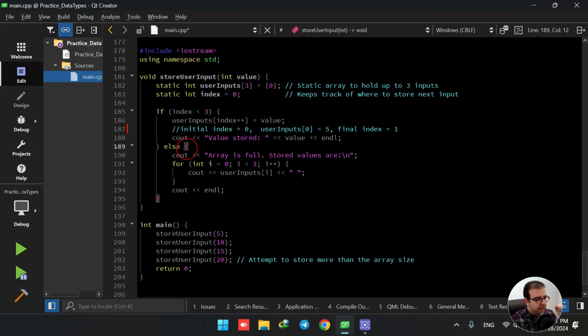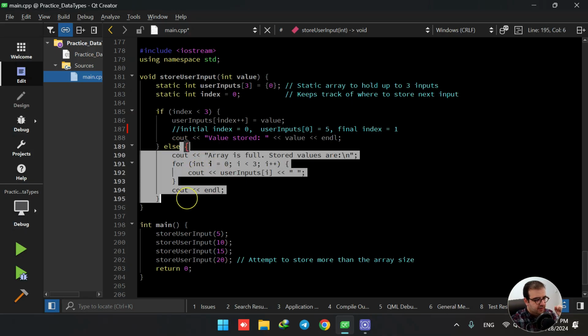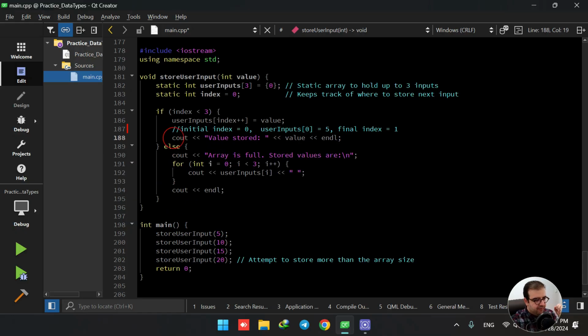Then we have this else part as well. If this index is not lower than 3, it's going to enter this else part. There it is printing "array is full, so stored values," and it is going to print all the elements of the array using a for loop. The for loop is going to start from 0 to 3, which is the size of the array, and it's going to print all the elements of the user input